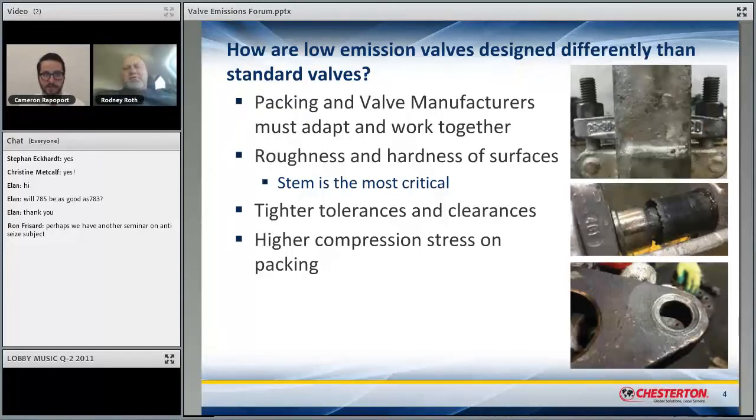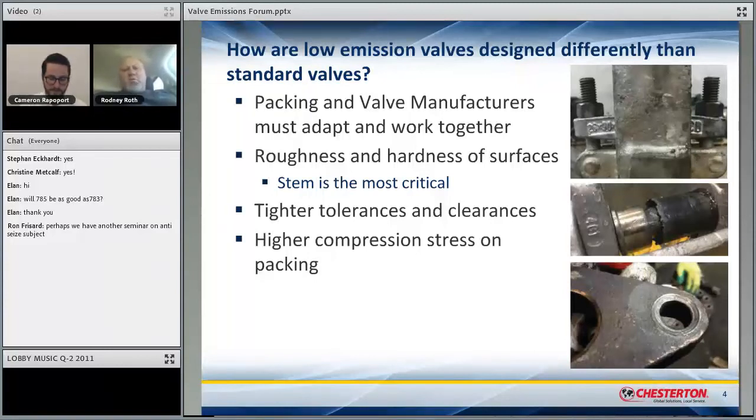Yeah, so this is one of the things that's been most interesting about the work that I've been doing personally, and then the work we've started to really zero in on as a company. And you just happen to have the picture I was talking about on the screen now. That gland is actually bent. That was perfectly flat when that valve work was started on the right hand side there. So what you see there is a bent gland, extrusion on packing, and embedment of the nut into the gland flange. And so those are all factors that cause leakage. Let me say it that way.